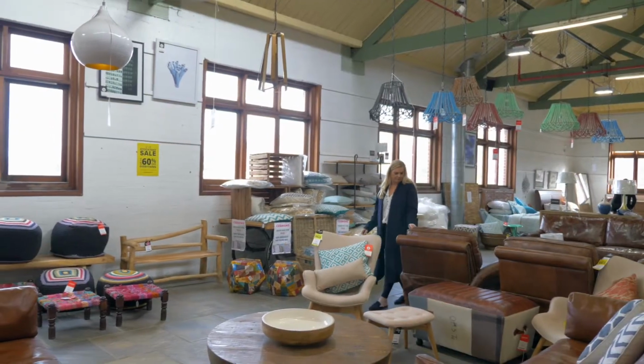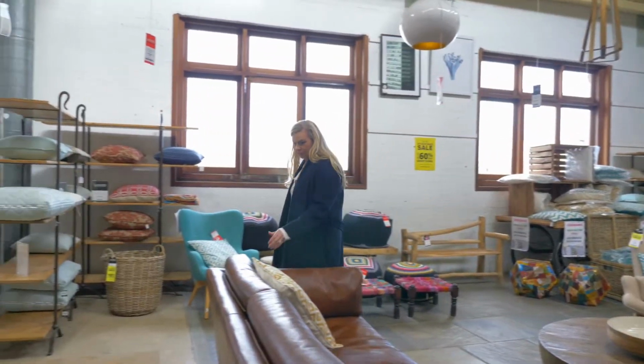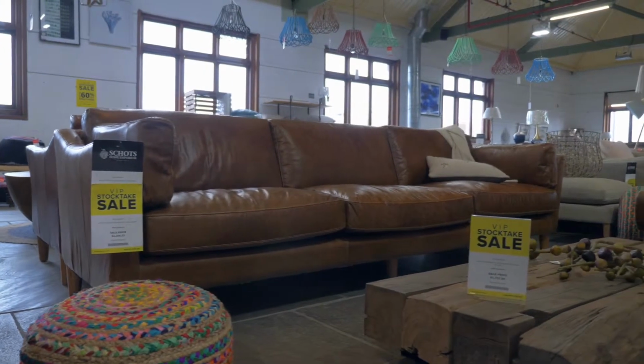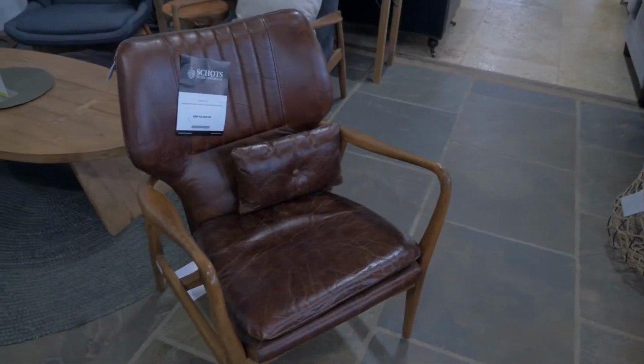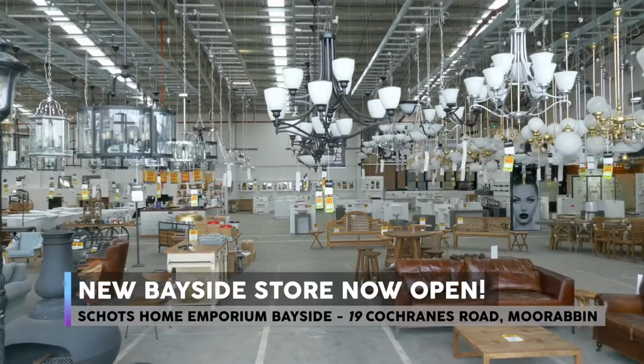So a way that you can actually add character and add that warmth is by bringing in natural elements. So pieces like leather, jute rugs, some timber to really add that warmth into a home. When you're choosing some natural elements to add to your room, sometimes timber or jute rugs are not always going to be the best look, but leather is something that you can really rely on to actually add that layer